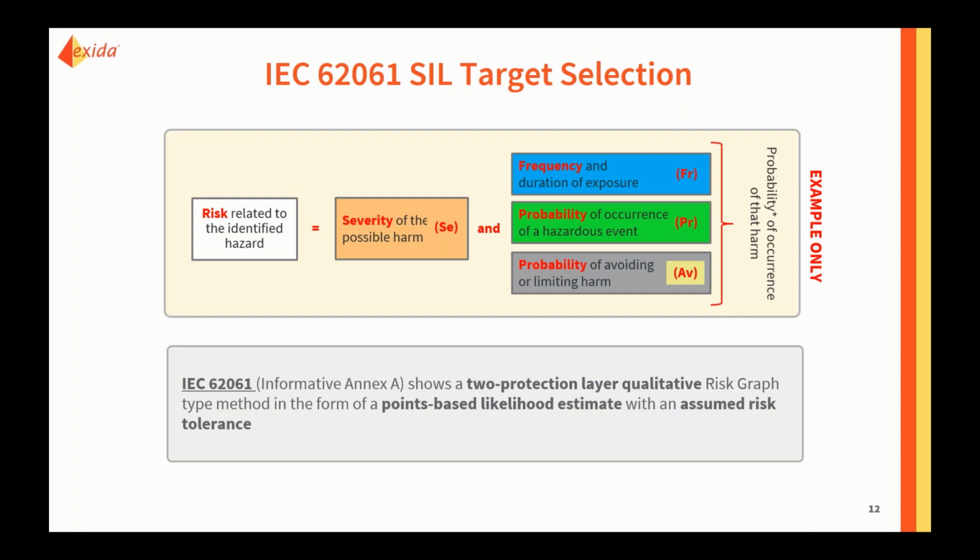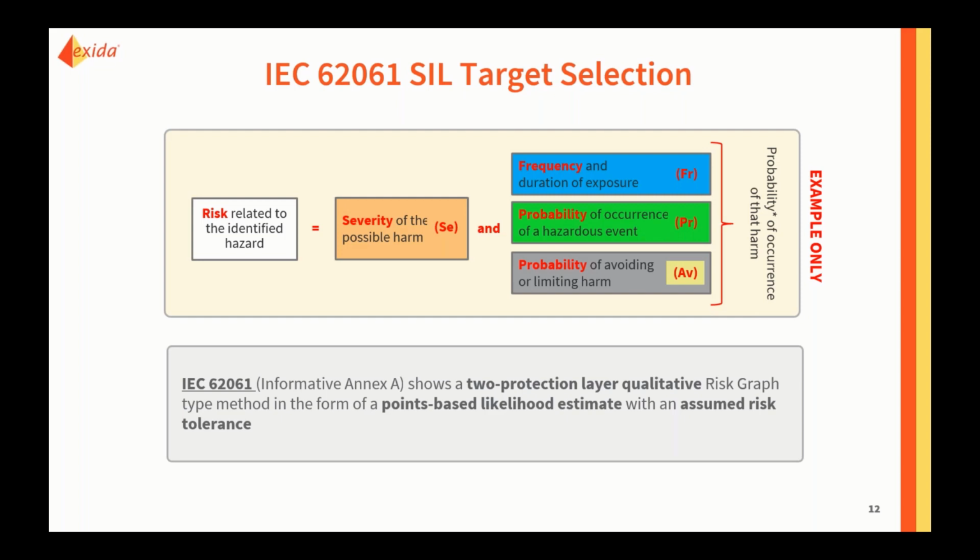Granted, it has a slightly different example method of SIL target selection, and it lays out similarly a severity estimate along with a frequency of exposure to the event, the probability of occurrence of the event at that frequency, and then a second probability of being able to avoid or limit that harm,